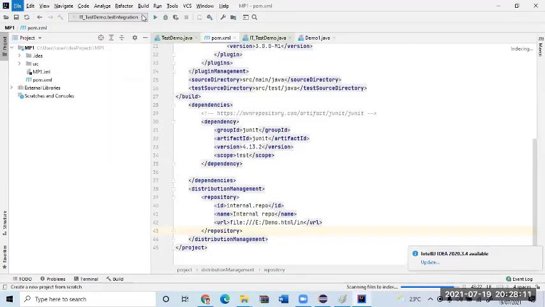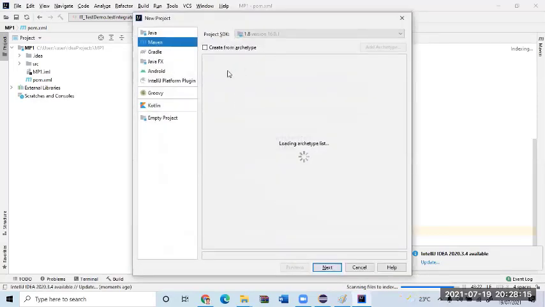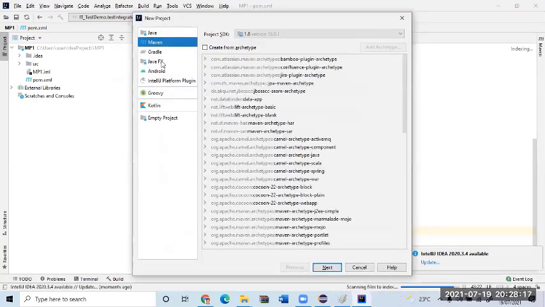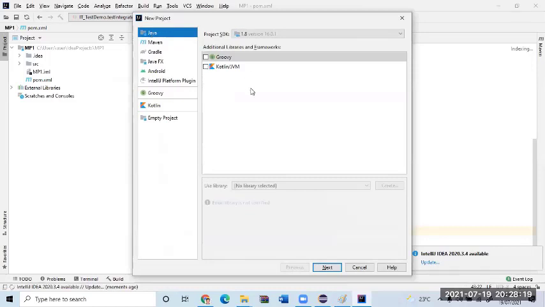File, New Project. You can create a Java project.